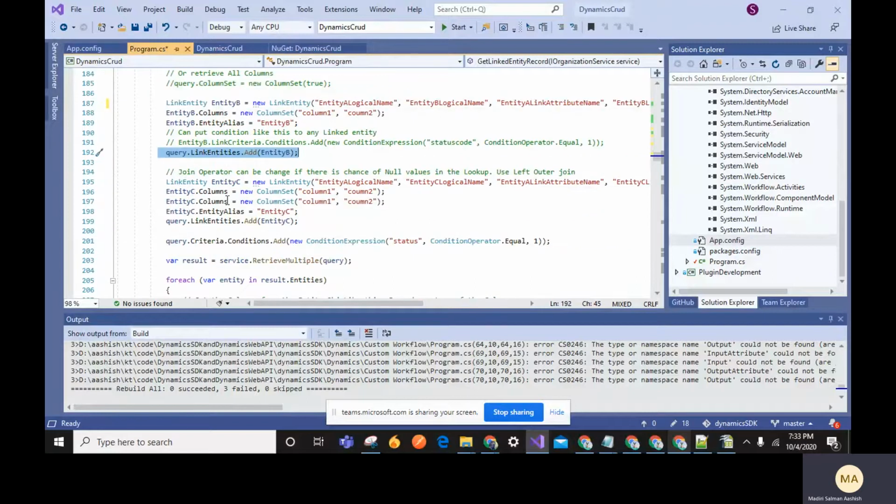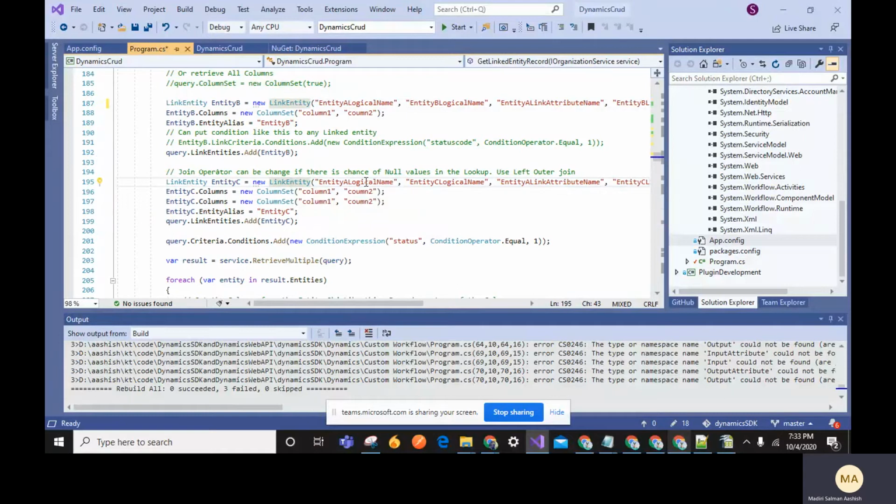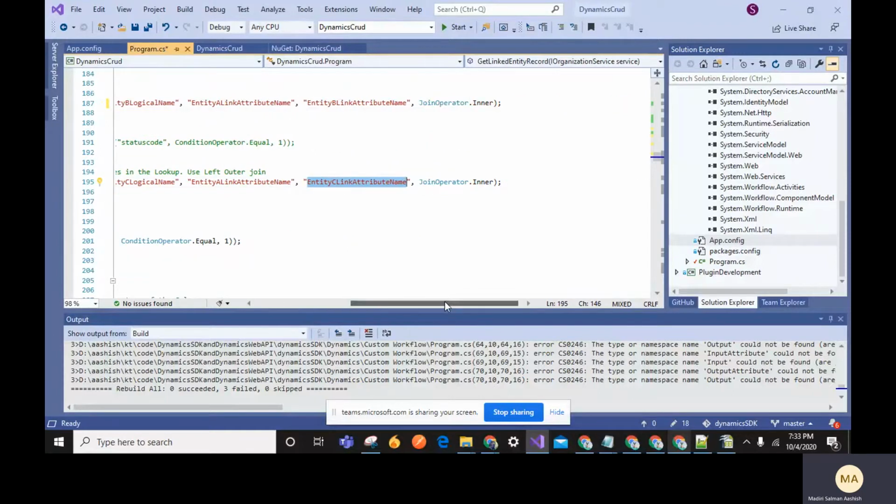So the next thing is, suppose I want to join another table, like I have three tables. So this is the third table. In the third table also it is the same. We need to give the first entity name and the third entity name, and we need to give the logical names, meaning primary names, for the first table and third table, and we can join here.